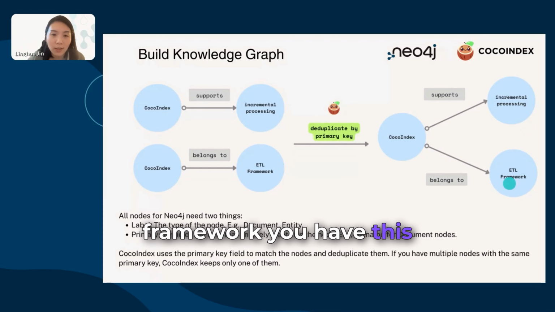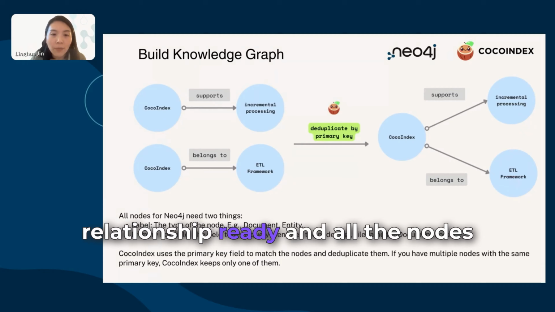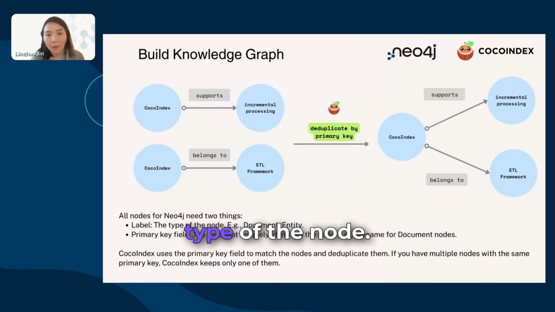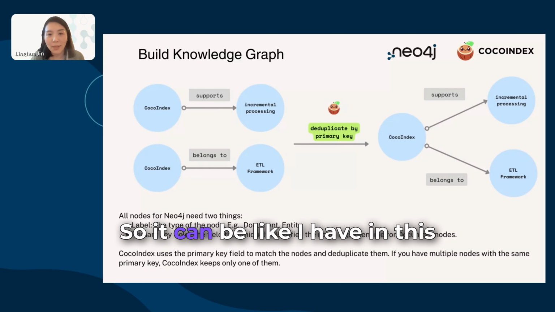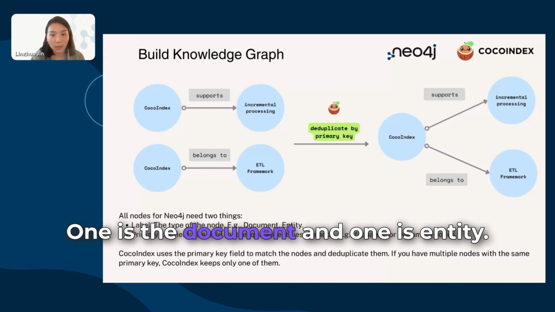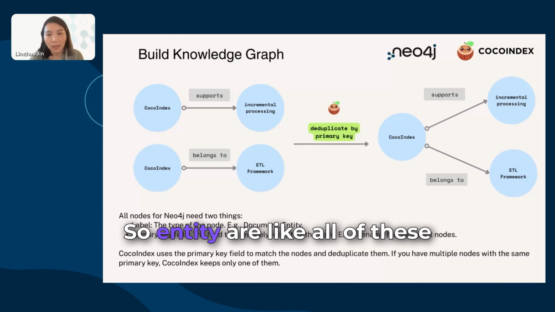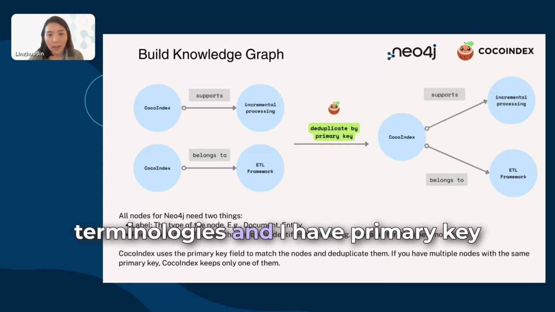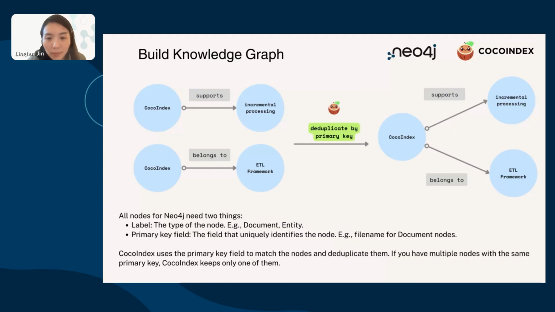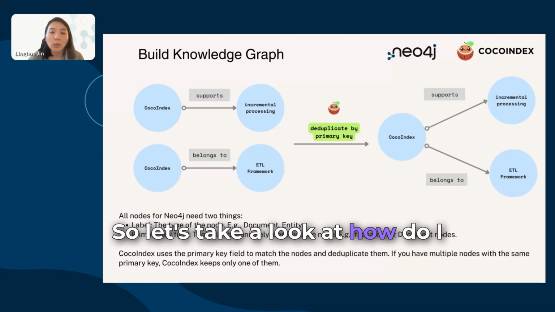So you have this relationship ready, and all the nodes for Neo4j need two things. First is a label, which is the type of the node. In this example, I have two kinds: one is the document and one is the entity. Entities are all of these terminologies. And I have a primary key to identify different nodes. So let's take a look at how I map these